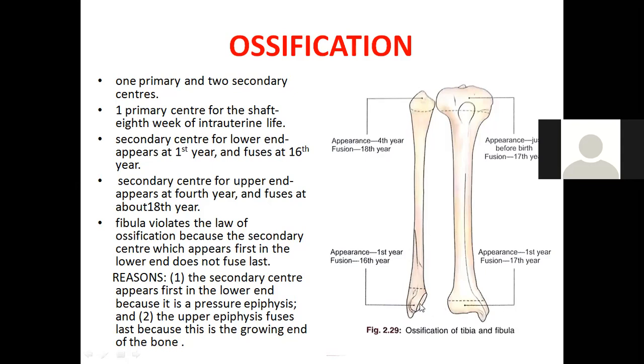Not only that, behind this articular facet, it's not visible here, just imagine, suppose this is the facet for the tibia and this is the fibula bone. Behind the facet you will have a fossa, which is called as malleolar fossa. Malleolar fossa. Behind this articular facet, there will be a depression which is called as malleolar fossa. That is always posterior to this articular facet. Okay. So this is the feature which will help us to identify the side of the bone, whether it belongs to right side or left side.